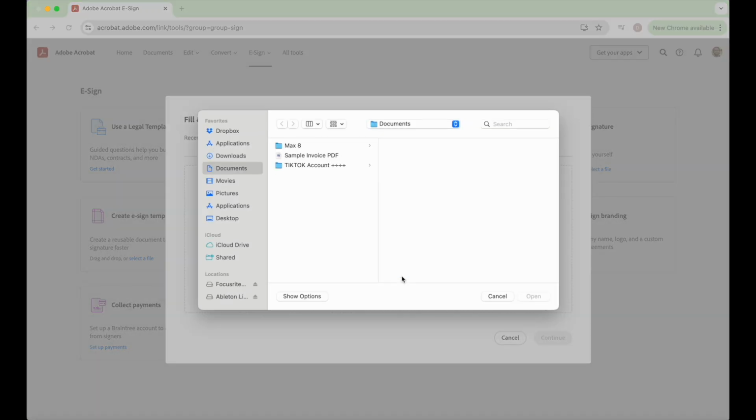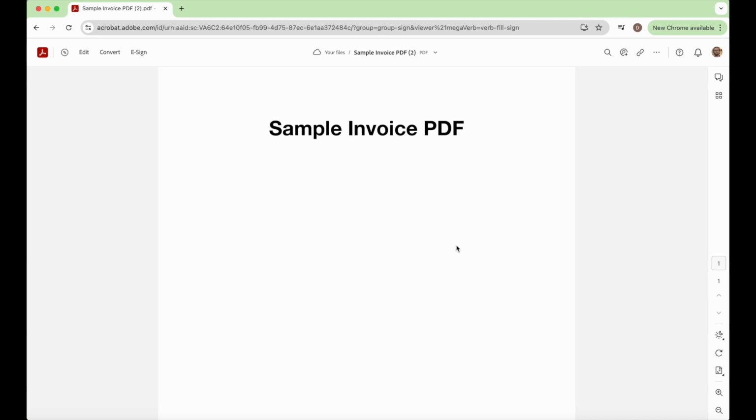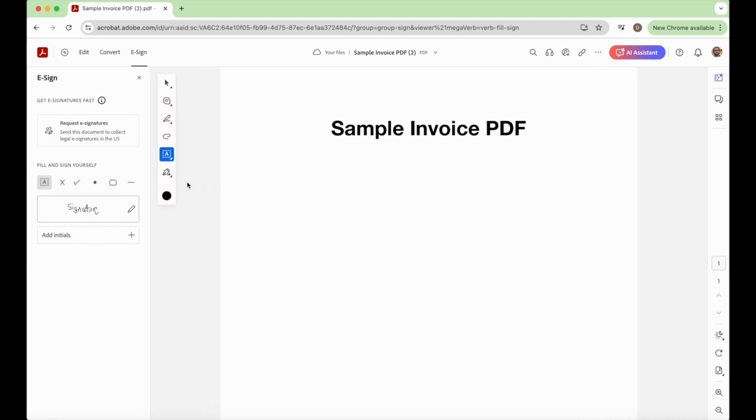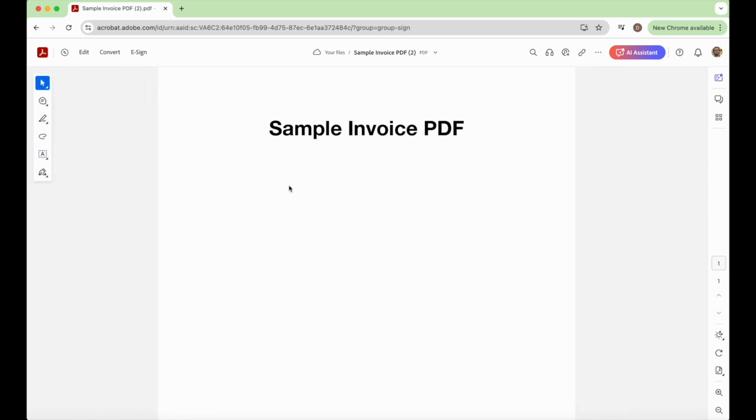And I have a sample document for an invoice already created, so I'm uploading that to Adobe. So it just says sample invoice PDF. And on the left side of the screen here, this is where all of the important things are going to be. The first thing that we want to do is we're going to create a text field for a prompt